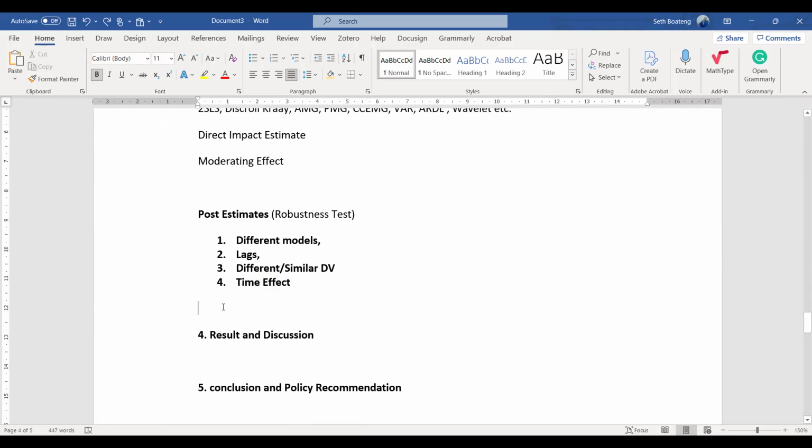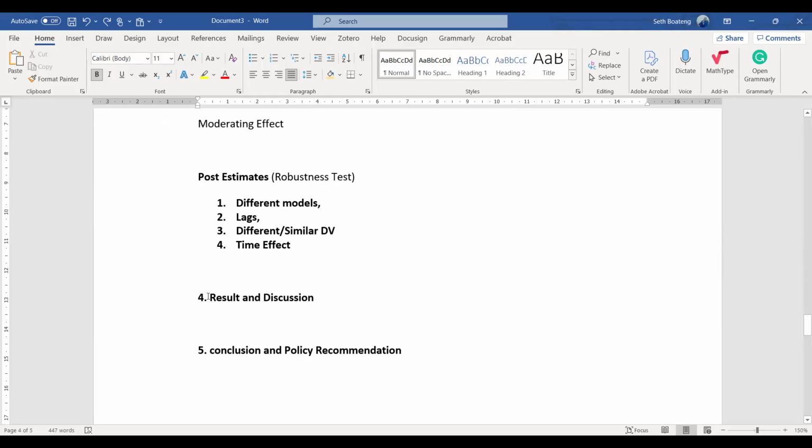Maybe before the financial crisis and after financial crisis. Before COVID-19 and after COVID-19. Before a certain pandemic or a certain situation. Maybe for environmental study like this, you can do before the Paris Agreement and after the Paris Agreement.